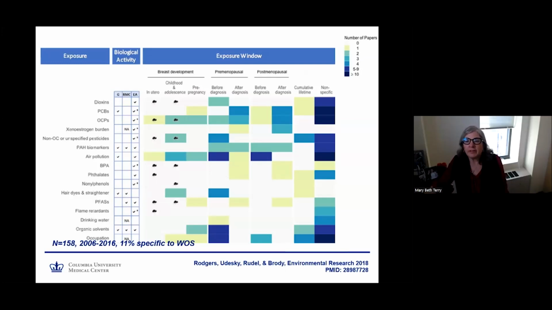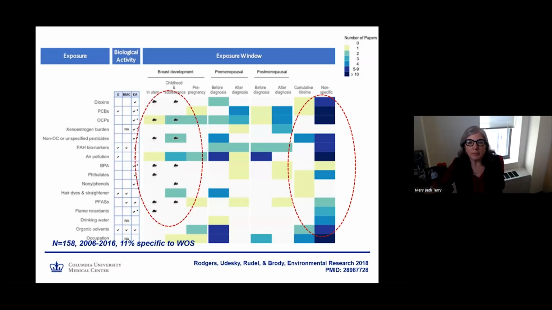Given the mutational burden and the fact that breast tissue changes during specific periods of life, including the intrauterine period, pubertal window, pregnancy, lactation, and menopause, the vast majority of epidemiological studies on environment and breast cancer occur outside of these windows of susceptibility. The chemical classes are listed on the left. Here, the dark blue indicates at least 10 studies exist, the yellow indicates only one study, and the white indicates no study. Few studies exist that specifically address windows of susceptibility, and those that do are primarily animal studies.